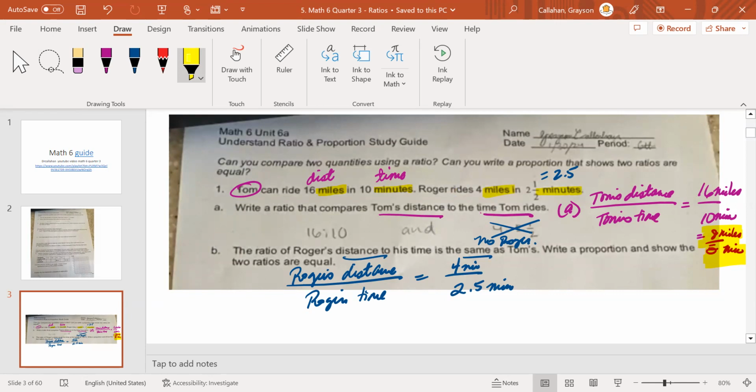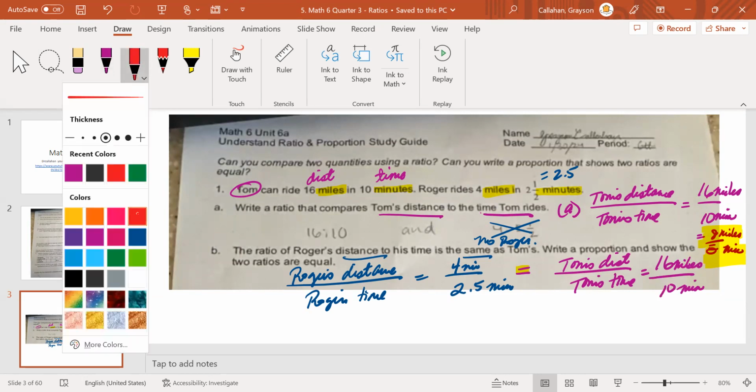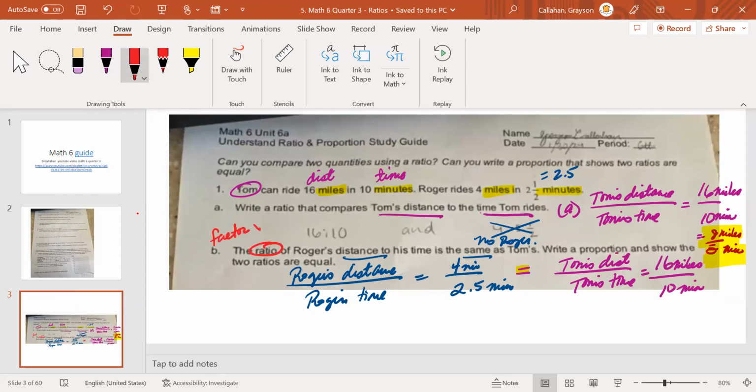All right, write a proportion that shows the two ratios are equal, so Roger's distance is the same as Tom's. This is Tom's. Tom's distance over Tom's time. Tom's distance is 16 miles, right? Over 10 minutes, right? Now, the ratio is a factor. So when it says the ratio, it's going to be a factor of timing by some number, okay? To get from 4 to 16,